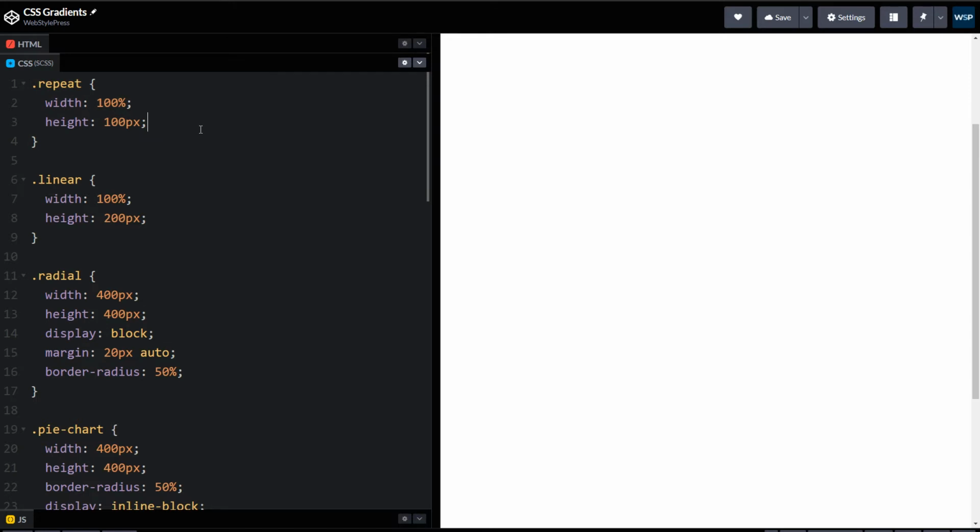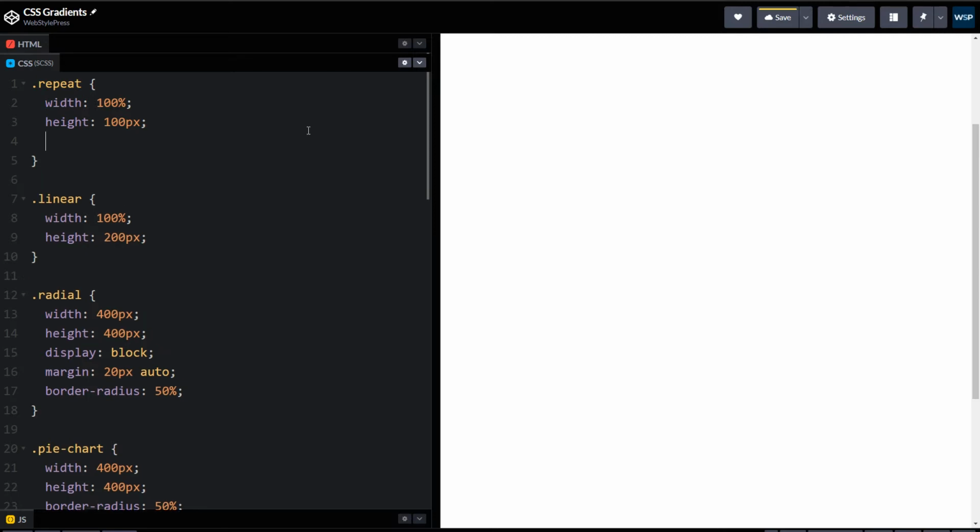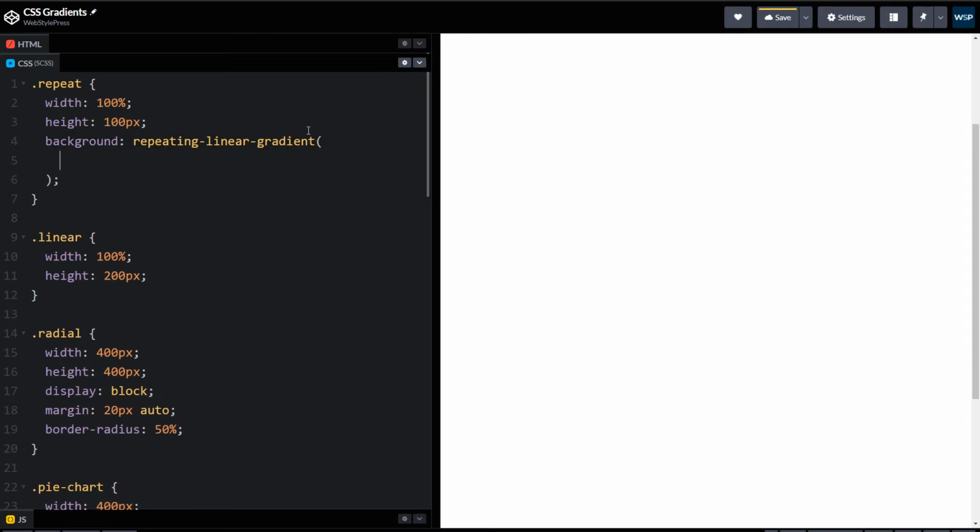Okay, do you remember old backgrounds with repeating lines in websites? Here is how we do it in CSS. Background: repeating linear gradient. And this is a function. 45 degree.